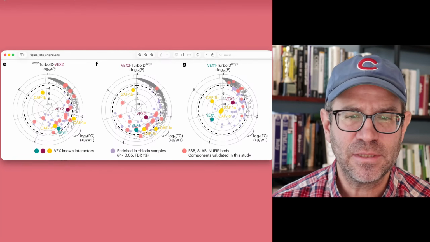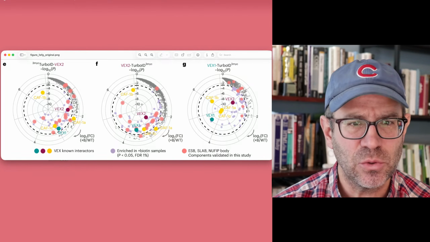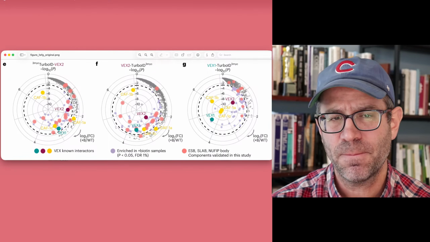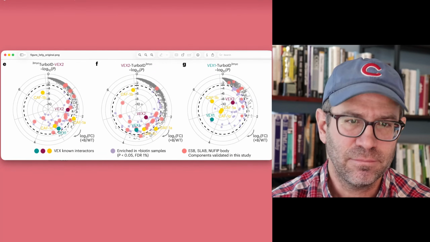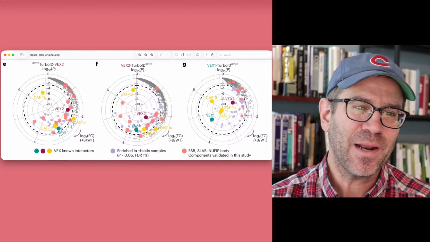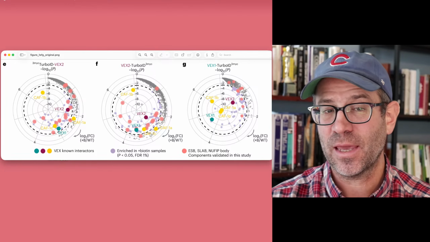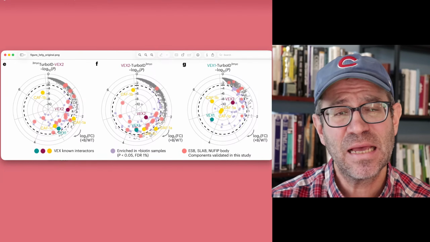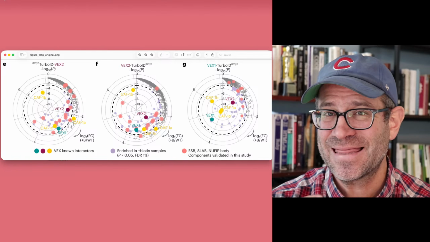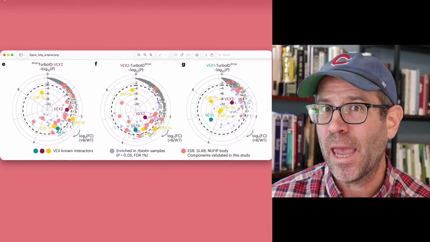My goal for today isn't to rehash that critique. What I would like to do is recreate this figure as the authors presented it originally, warts and all. Then I'd like to make a couple subtle changes to enhance the interpretability of it, and go back to what I think it should be, which is really what's called a volcano plot,